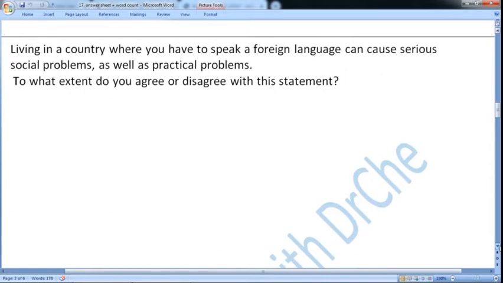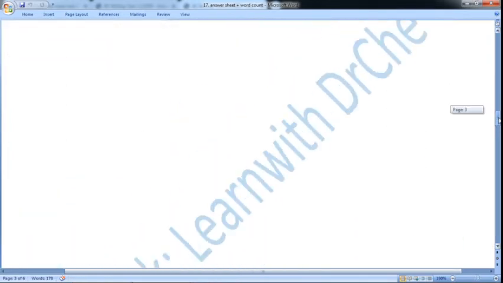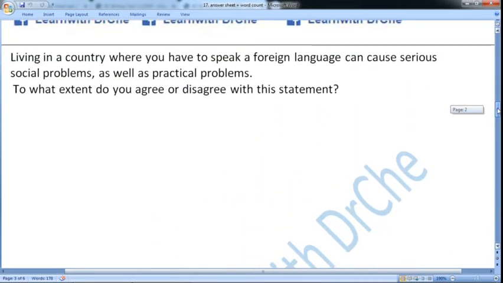So on the exam day, on the question paper, especially for task 2, the question would be written in this way. On the top 4 or 5 lines, the question would be written, and all the rest of the page, as you can see, would be blank. On one complete page there is only one task. On the first page would be task 1, and on the second would be task 2.